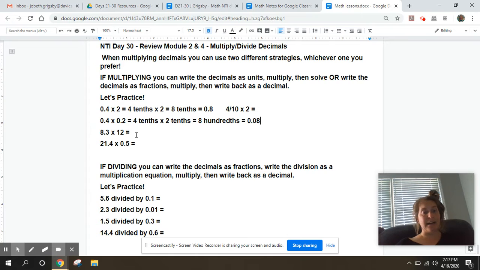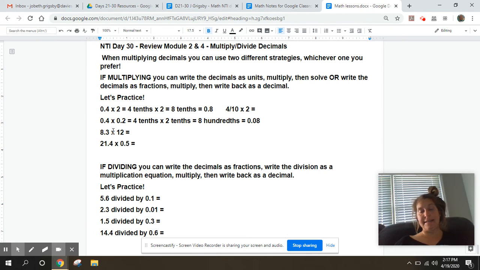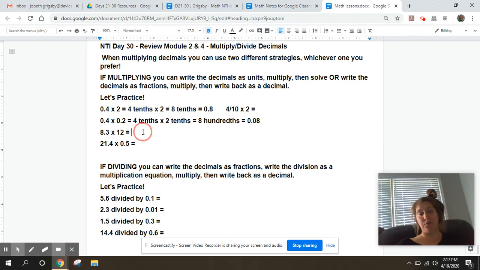Okay? And now down here on this one, I can do the exact same thing. I can write it as a fraction, or I can just keep them as units and multiply whole numbers. I prefer to keep them, I like to write the division ones as fractions and write the